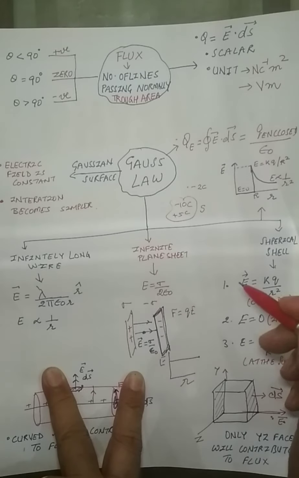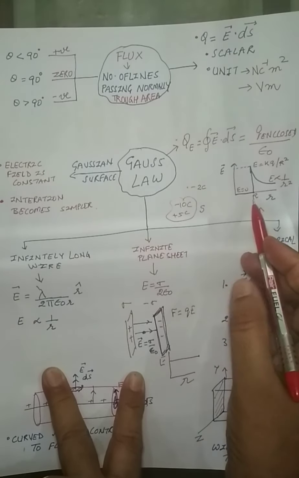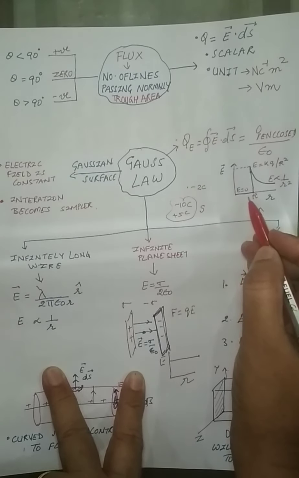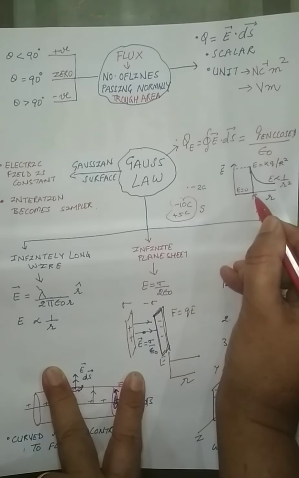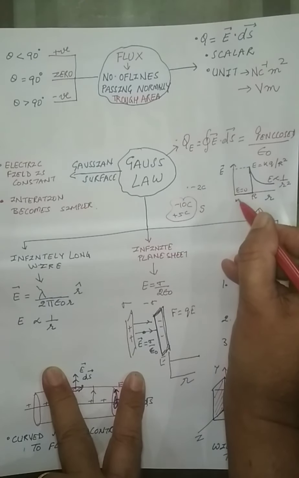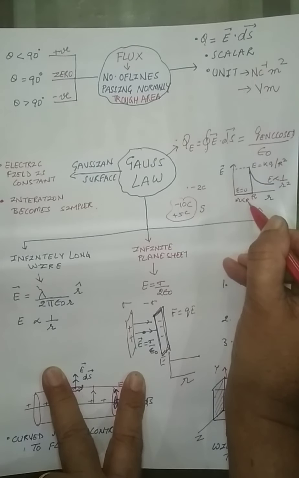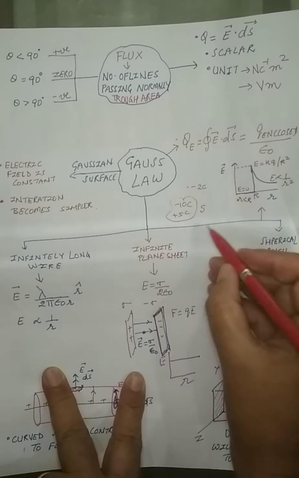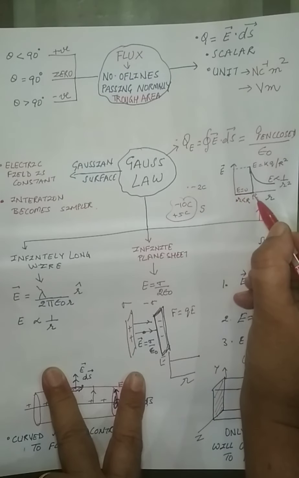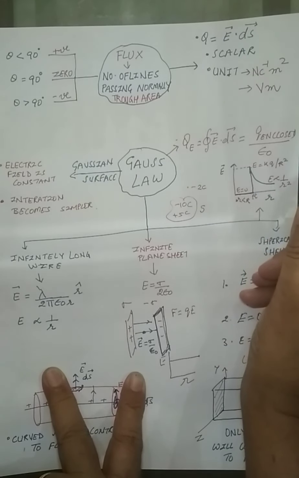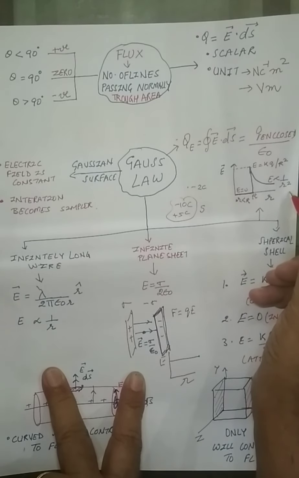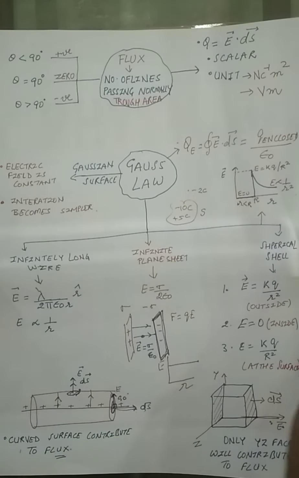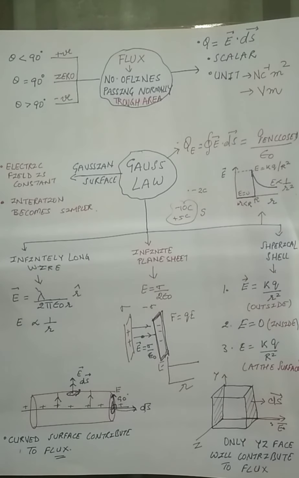And in the case of the spherical shell, as you can see in this graph, there are three regions. When small r is less than capital R, that means the field inside the shell, and you know the field inside the shell is 0. So my electric field is 0. When small r is equal to R, that means at the surface, the value is maximum, that is kq by R square. And outside, when r is greater than R, it is inversely proportional to r square. Alright children, so this is about Gauss's law and its applications. Thank you.